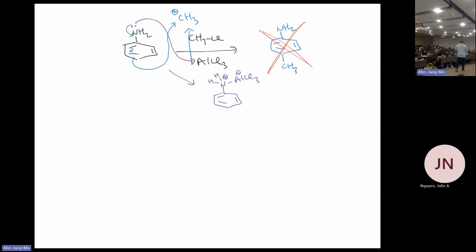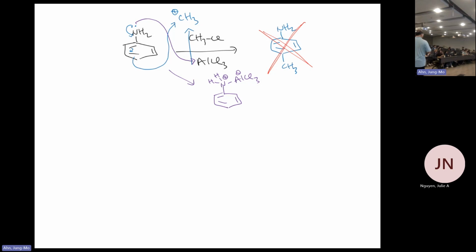We described it as a Lewis acid. What does a Lewis acid mean? It can accept a lone pair. That's the concept of the Lewis acid: a species that can accept a lone pair. A species that can donate a lone pair is called a Lewis base. So aluminum chloride is a Lewis acid, and this amine is a Lewis base. Again, acid-base reactions. They're going to come together, and when they become a complex like this, no more Friedel-Crafts alkylation reaction. So even though you don't see nitric acid or sulfuric acid, a Lewis acid, being a good acid, can also stop the reaction just like that. So that becomes an issue also.